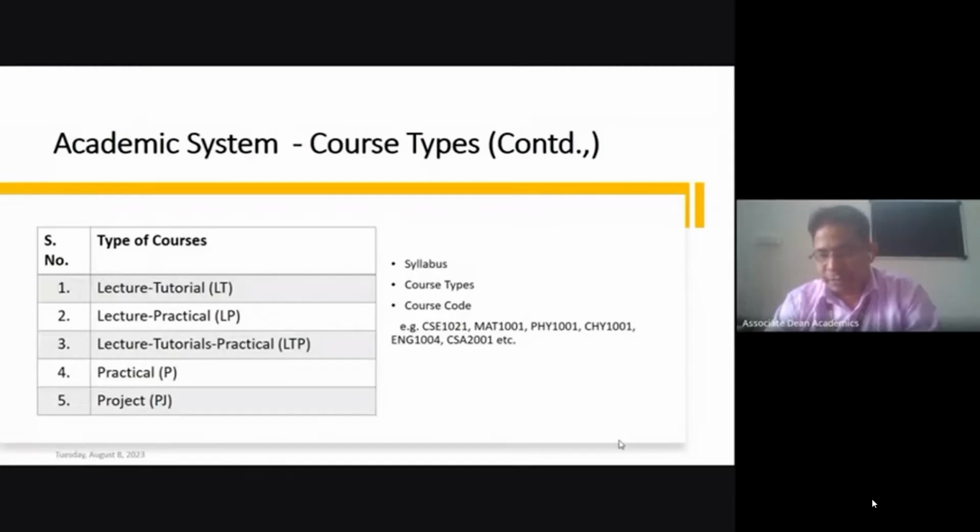So zero represents the first version. If the second digit is one, suppose, then it represents the second version. If it is two, then it represents the third version, like that. And the last two digits simply tell you the sequence of that course. That means 21 means it is the 21st course in the list of courses offered by CSE. Among those courses, 21 stands for the 21st course. Before that we have a list of 20 more courses which are offered by the CSE program.